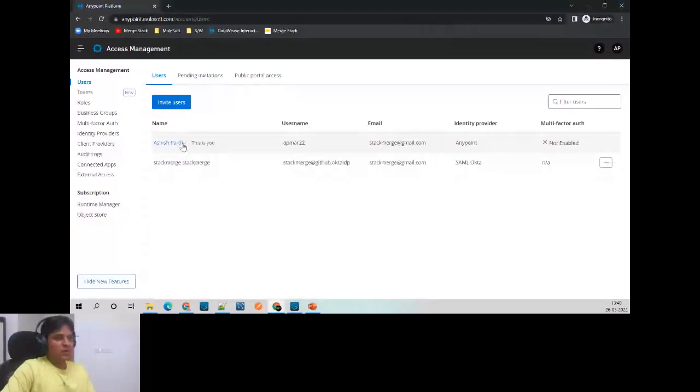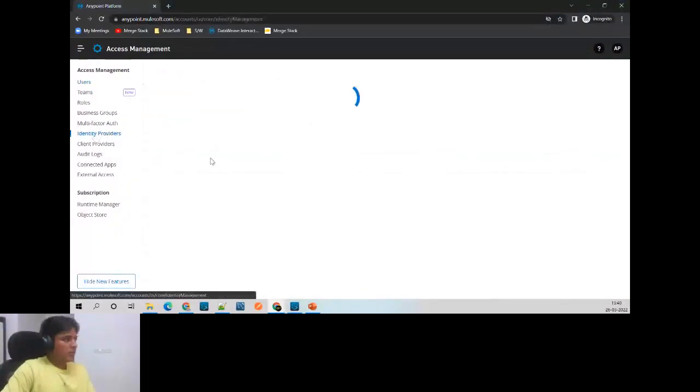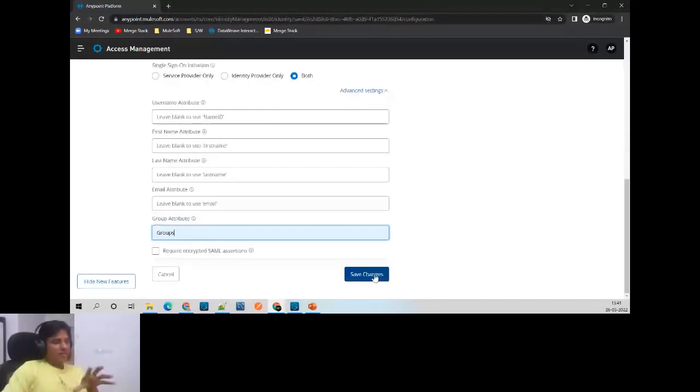I didn't map that in the identity provider. I didn't map the group name over here. See, so if I pass the group name now, okay. I have mapped that group name with the team, but the actual group information, that user doesn't have the group information. So if I save this now, okay, and if I go back to